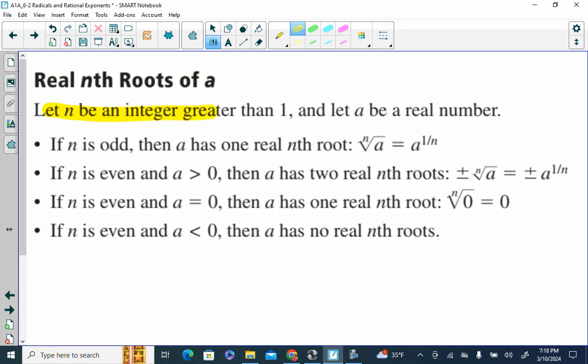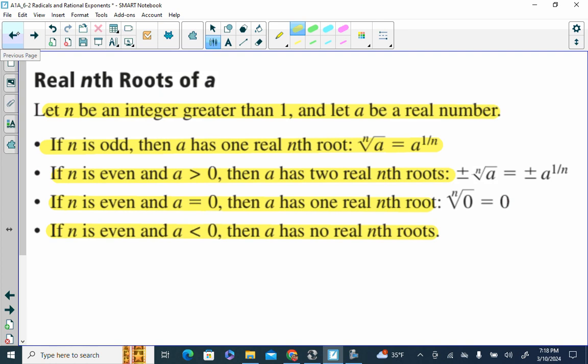Let n be an integer greater than 1. Let a be a real number. If n is odd, then a has one real nth root. If n is even and a is greater than 0, then a has two real nth roots. If n is even and a is equal to 0, a has one real nth root. And if n is even and a is less than 0, it has no real nth roots. Essentially,